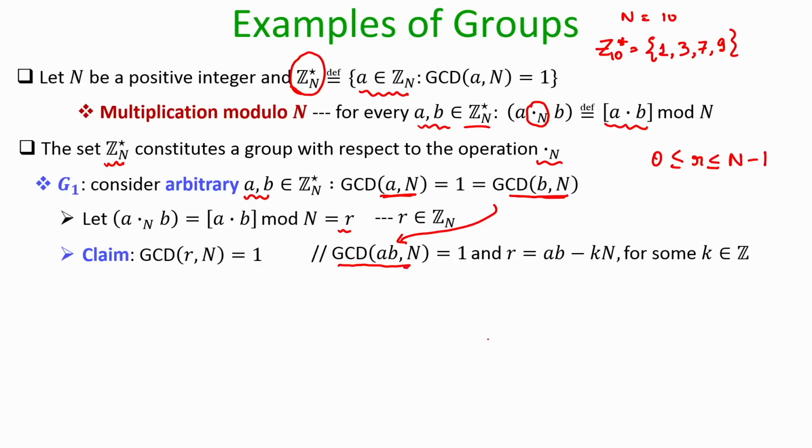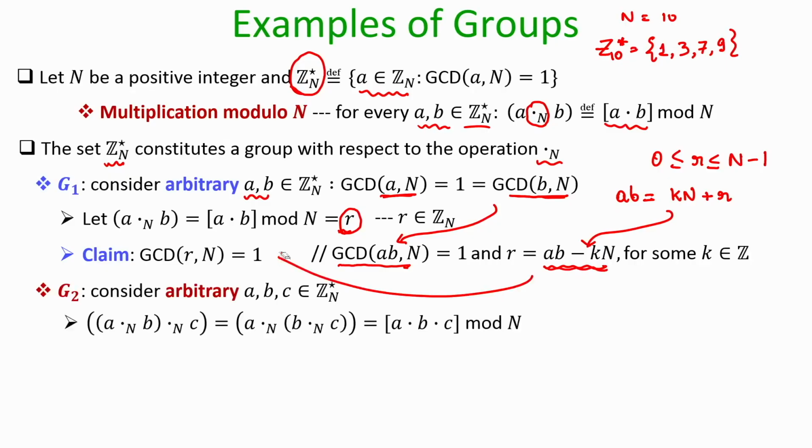So, GCD of a b and n is 1, that is, a b is co-prime to n, and from my rules of division I know that r is this a b minus some multiple of n, because r is the remainder which you obtain by dividing a b by n. That means, as from the rules of division, a b is equal to some k times your modulus n, so k is your quotient, plus the remainder r. So, the value of r is this. Now since a b is co-prime to n and r is this value, I get the conclusion that indeed r is co-prime to n. Okay. Right. So, that shows the closure property.